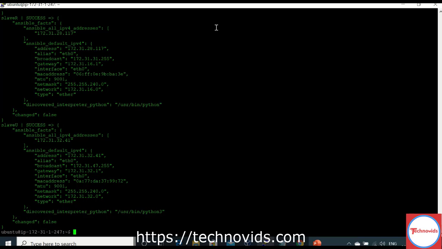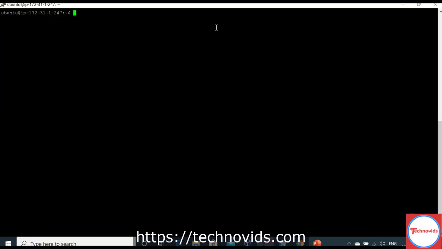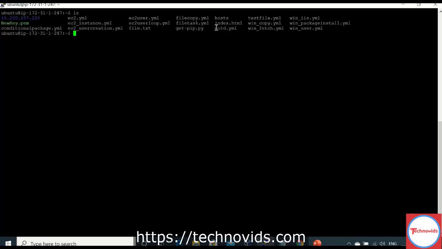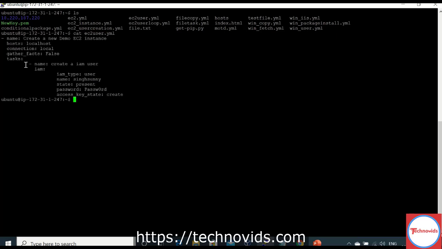But while running inside the playbook, how will you gather the facts? There is a module for that. Let me go to, let's see what all playbooks we have. Let's see, C2 user.yaml. Yes, see. This is the module that we use within the playbook to gather the facts.